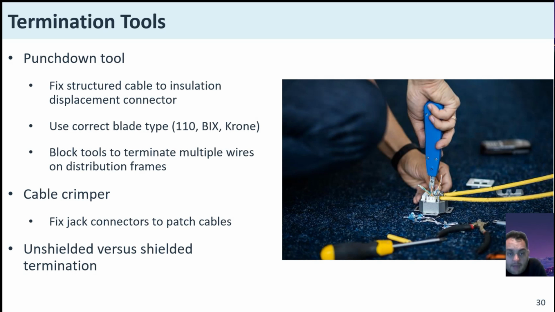Alternatively, a block tool terminates a group of connectors in one action. For a 110 format panel, there are 4 position blocks suitable for terminating 4 paired data cabling and 5 position blocks for 25 paired telephony cable. A patch cord is created using a cable crimper. This tool fixes a plug to a cable and the tools are specific to a type of connector and cable. Though some may have modular dies to support a range of RJ type plugs,